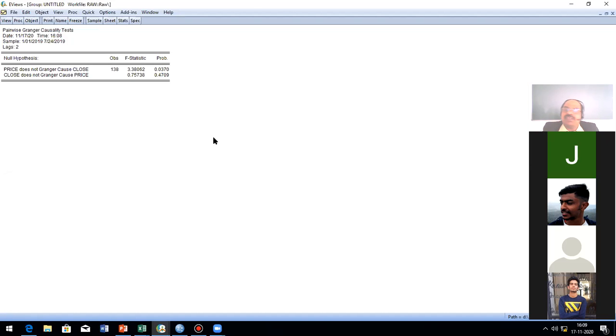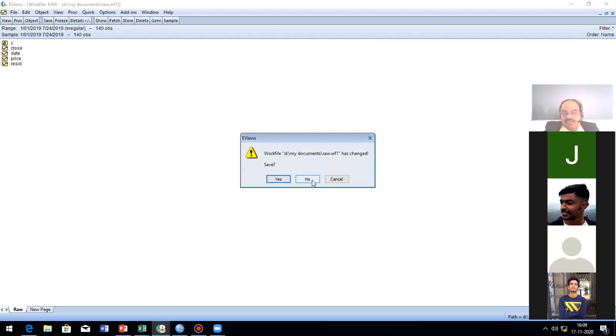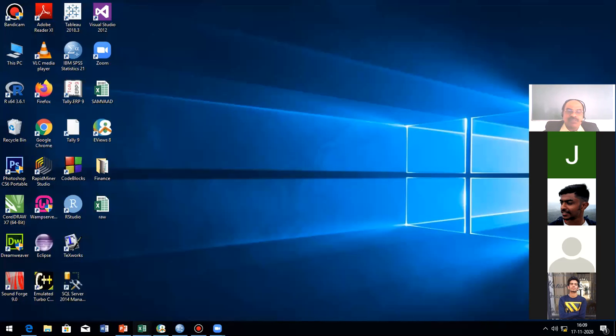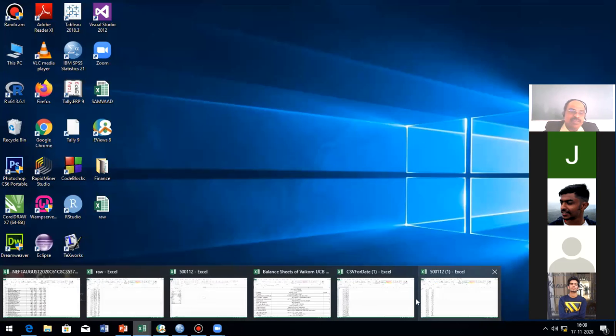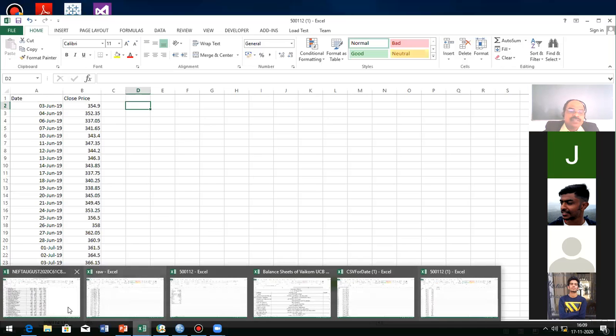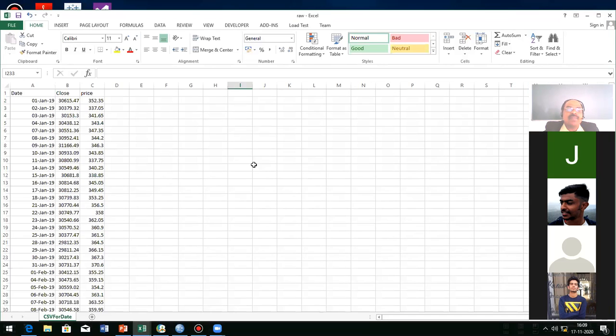If you want to calculate the beta value, you need not worry. It is already available in our Excel itself. Beta value, all those things, it is available. Most of them find it very difficult to calculate the beta value. Say for example, if you want to calculate the beta value, I think here there are no two share prices. We'll see. Yes, let us see the returns and price instead of closing price and price.